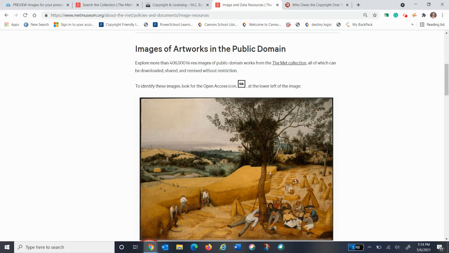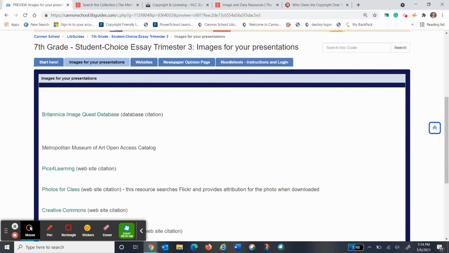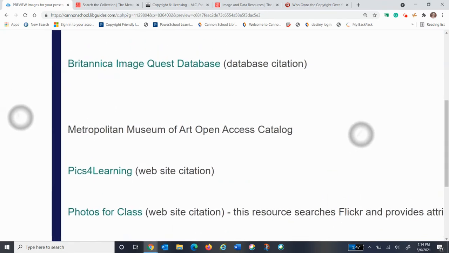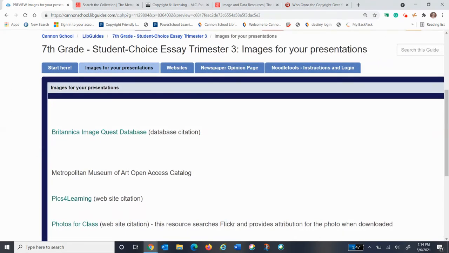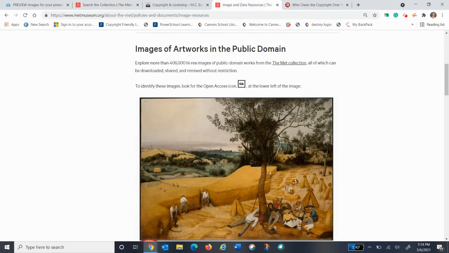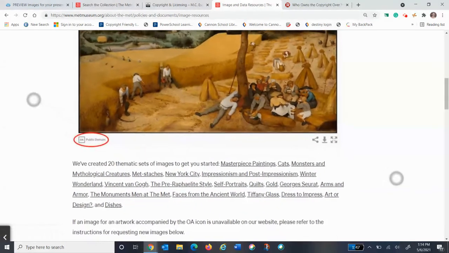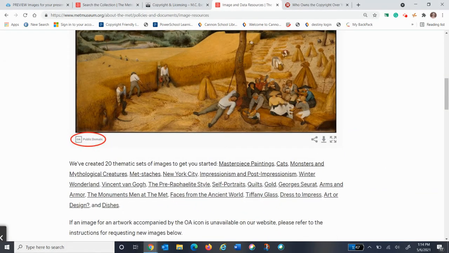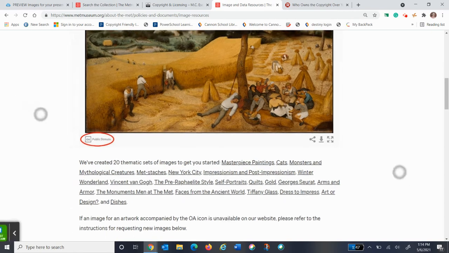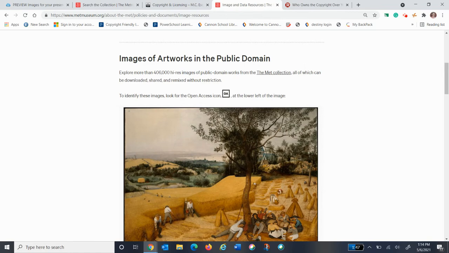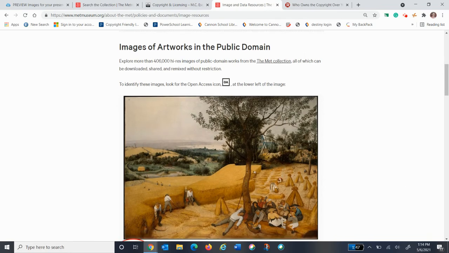If you go into our LibGuide, you'll see the second link here is the Metropolitan Museum of Art's open access catalog. And as long as you cite their work, you can use it. And you'll notice that there is an OA at the bottom left-hand corner of anything that the Metropolitan says you can use without having to ask permission.